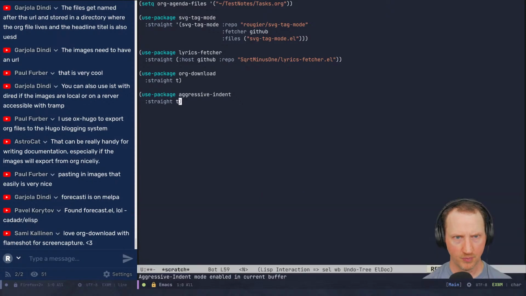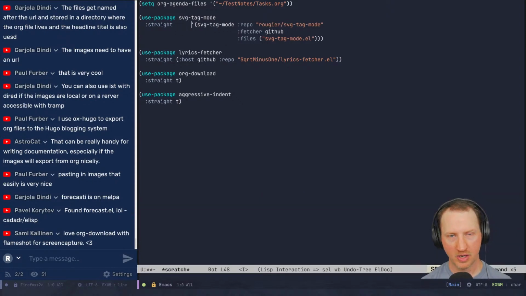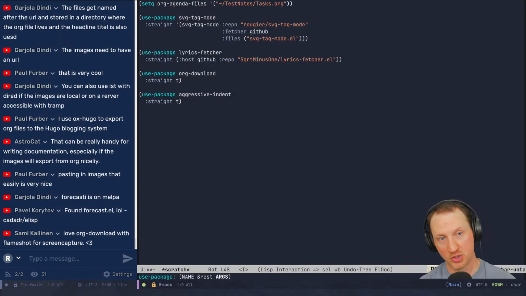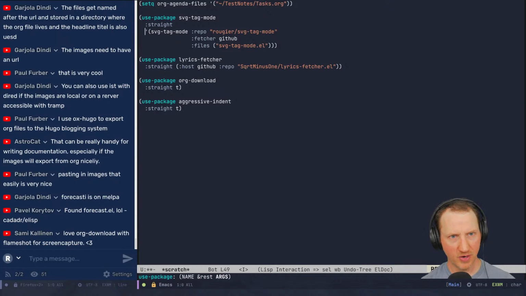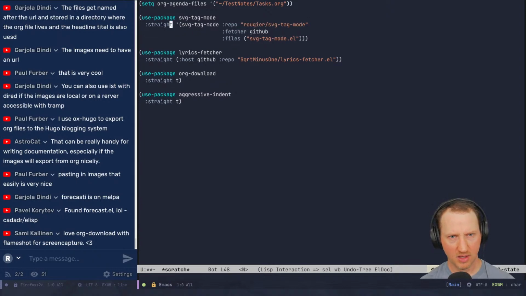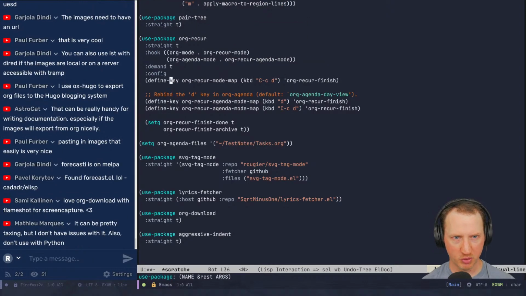Aggressive indent mode. So now if I do something like this, yeah. Okay. Cool. So it basically keeps the indentation updated to the thing that I'm moving around, which if you're editing Lisp code, this could be more straightforward than just, oh wow, that even works. That's really badass. Okay, so it could be better than one of the structural editing things if you don't like to use those.